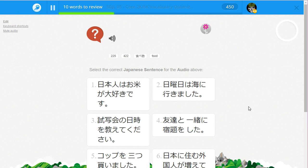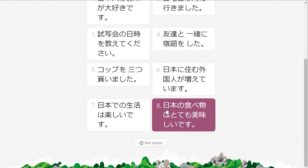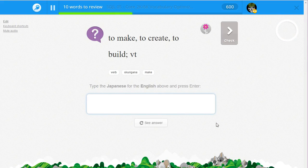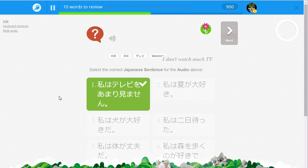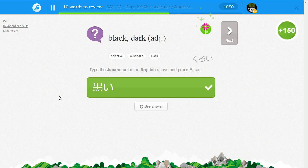日本の食べ物はとても美味しいです。I agree. And somebody asked, when is it Nihon, when is it Nippon? I have no idea. I guess this case because it was described. 作る。So we have tsukuru, to make. 私はテレビをあまり見ません。So not much. 彼女は黒いドレスを着ています。黒い。